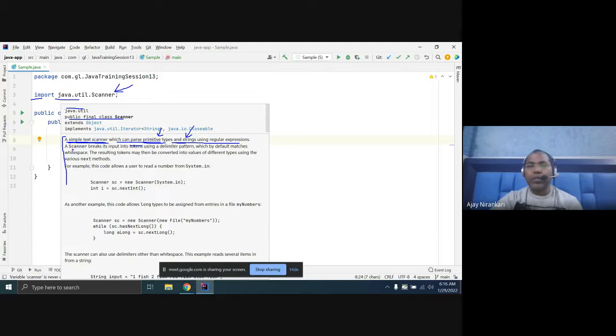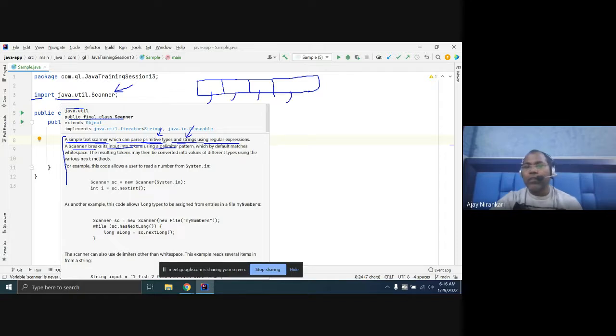A scanner breaks its input into tokens using a delimiter pattern. It means whatever input you pass, the Scanner class breaks it into pieces. Let's say we type some huge text. It splits each word, and each word here is known as a token.